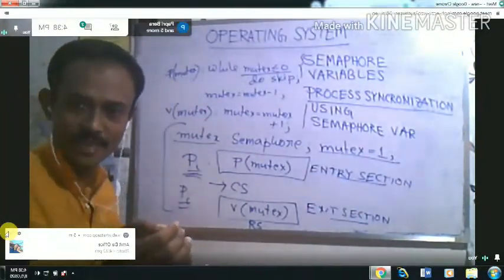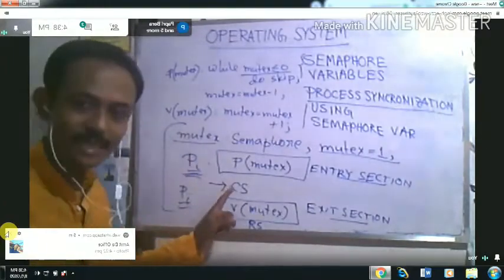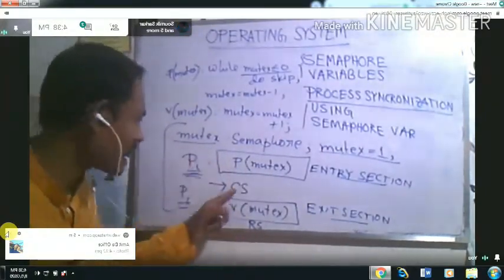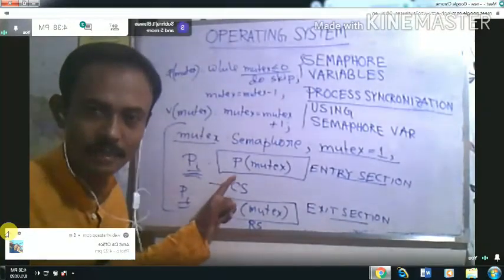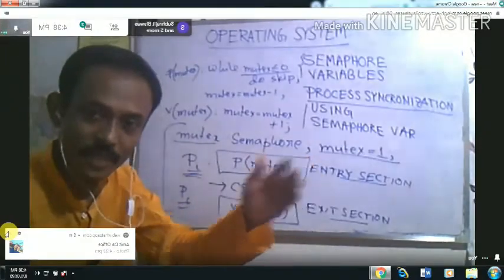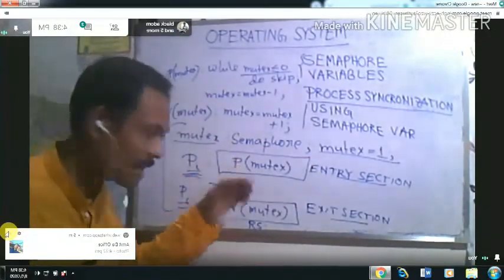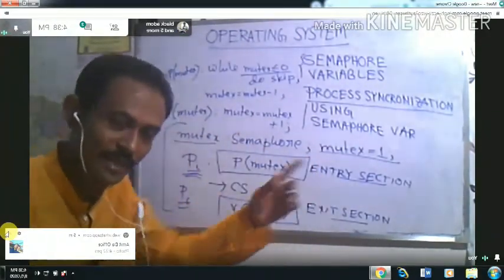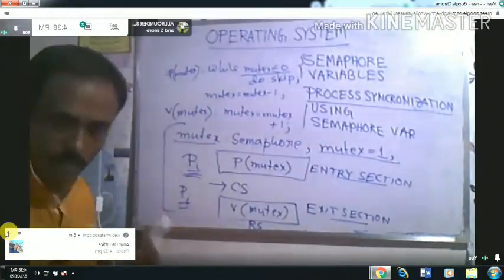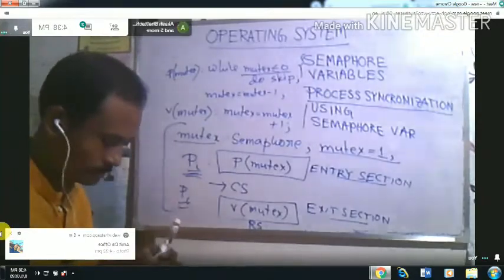So who will get the access to the critical section? The PI will get the access to the critical section. Now what will happen for the PJ? Suppose PJ is accessing the P operation.